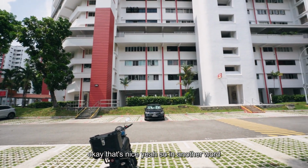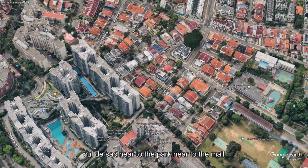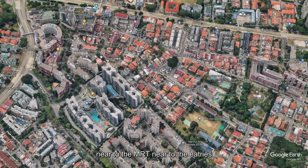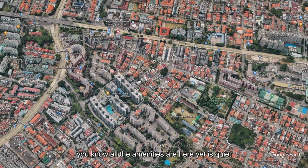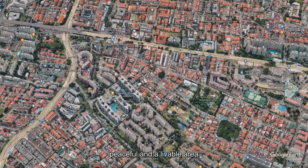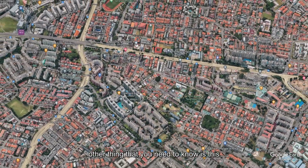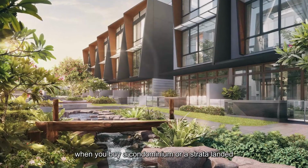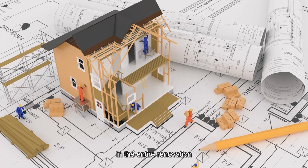Wow, okay, that's nice. So in other words, this is like the ideal place, a corner house, cul-de-sac, near to the park, near to the mall, near to the MRT, near to the eateries, all the amenities are here, yet it's quiet, peaceful, and a livable area. Now, another thing that you need to know is this. When you buy a condominium or a strata landed, if you spend 200,000 or 300,000 in the entire renovation, the